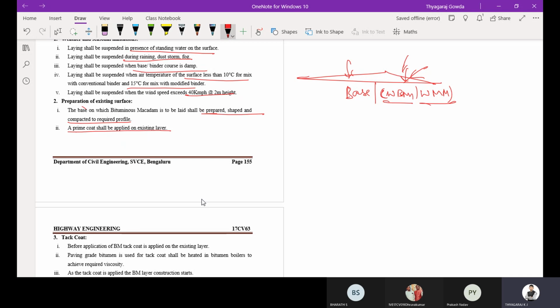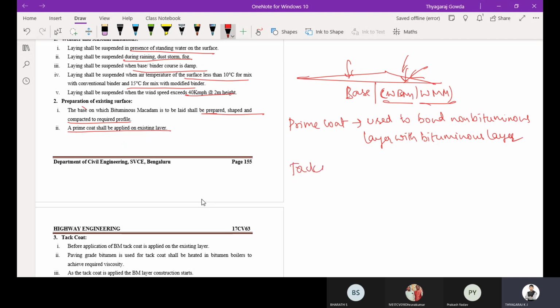For the time being, you simply remember that the prime coat is a liquid bitumen which is used to bond a non-bituminous layer with a bituminous layer.